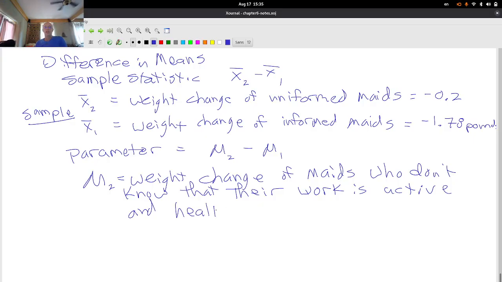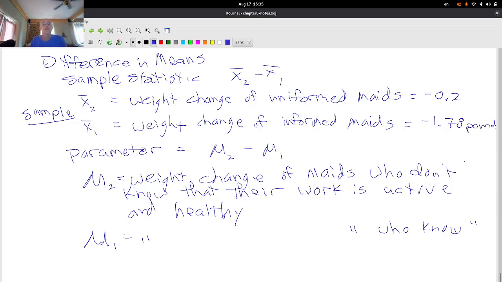So I'm just elaborating on what uninformed means. Healthy, there we go. And B1 would be the same thing, but they know. And continue. Similar sentence. So rather than write the sentence, I'm just going to move on to the actual hypothesis